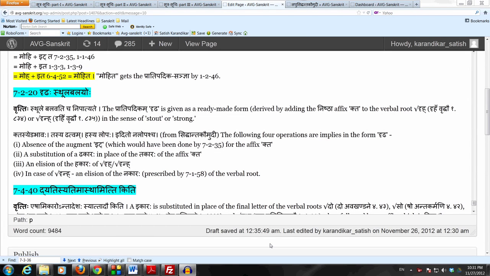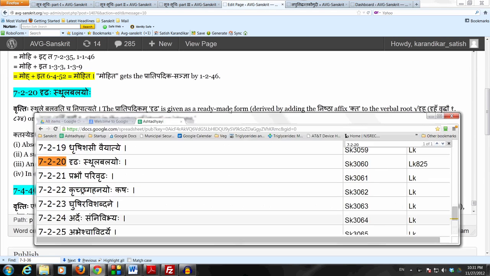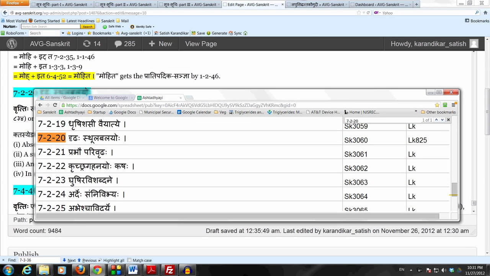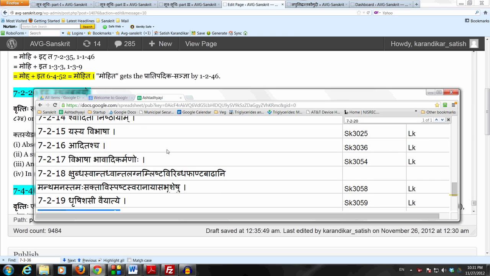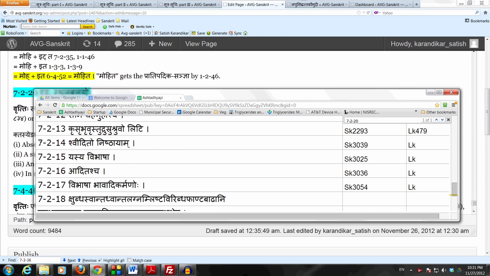Now let us take up a sutram which applies in the case of a specific verbal root, and that also in the case of two particular meanings. Sutram is 7-20, Dridha sthula balayoho. Dridha sthula balayoho. Now recall our section which we have already noted, which runs from 7-14, which is Shvidito Nishtayam,